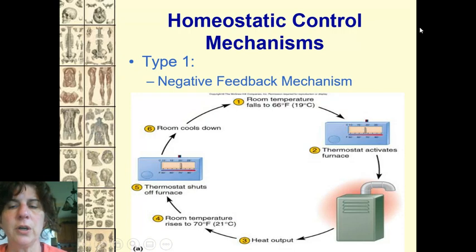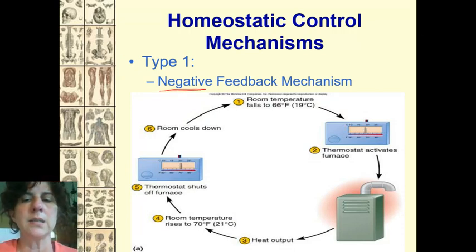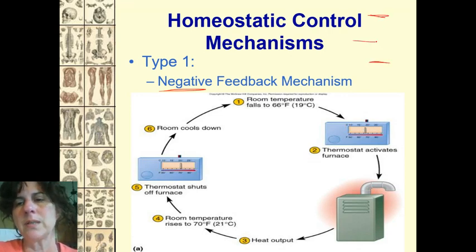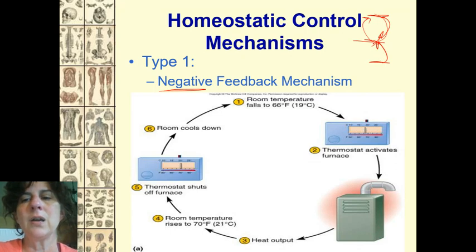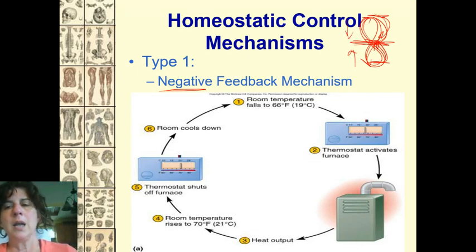There's a couple different homeostatic mechanisms. Type 1 is what we call negative feedback, and this is always coming back to my set point. So here's my range, right? My set point somewhere in the middle. I always want to make little adjustments to bring it back here. So if I go too high, make an adjustment to bring it back down here. If I go too low, make an adjustment to bring it back here. So we're constantly doing this, bring it back to this point right here. So always coming to our set point, okay?